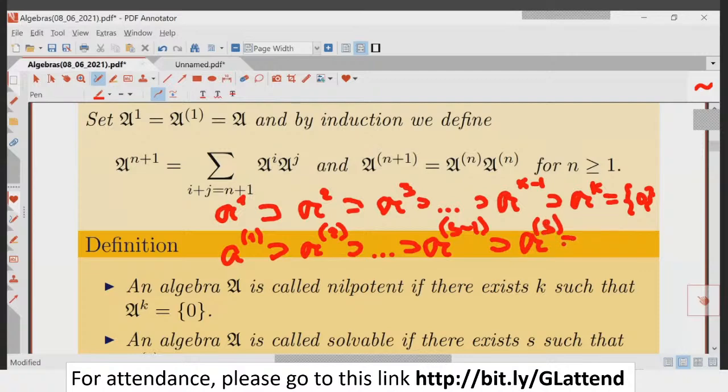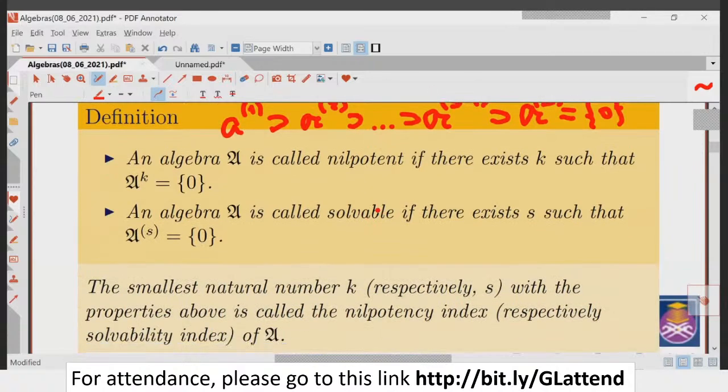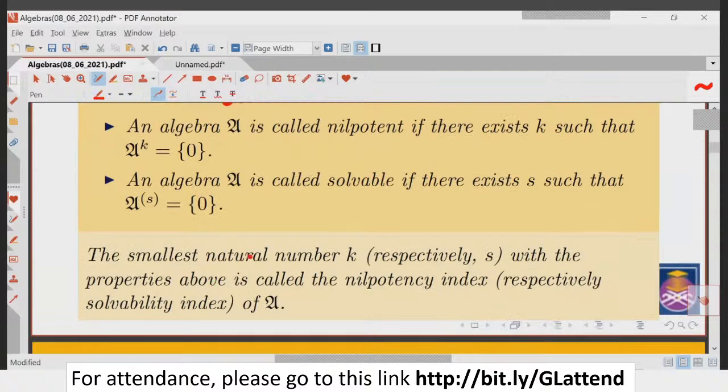If this AS is 0, decreasing comes to 0, then that algebra A is called a solvable algebra. So this is the difference between nilpotent and solvable algebras. The smallest natural such K, respectively S, with the properties above is called the nilpotency index or